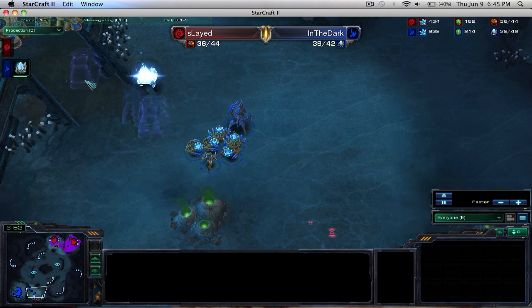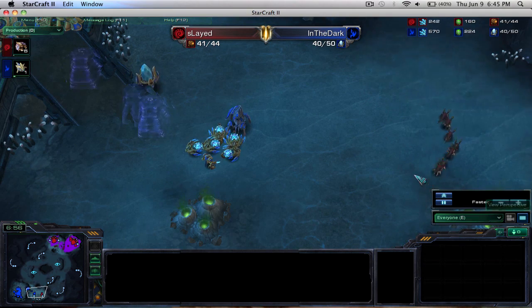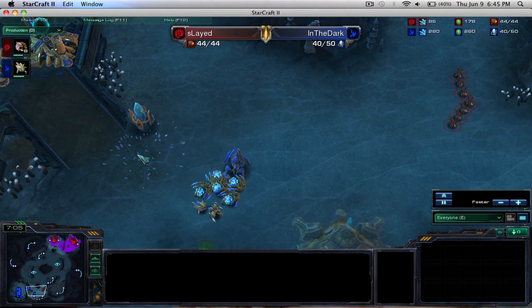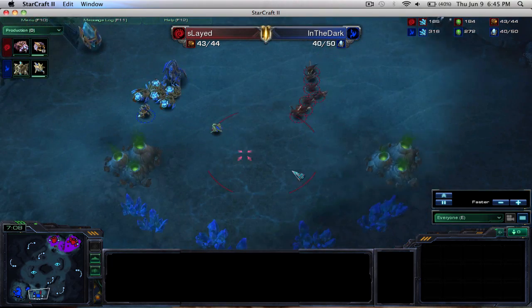We saw a force field go up right here. This is just to block off the ramp because those Zerglings could have otherwise run by into the main. I'm not sure what these two force fields were doing. Maybe just accidental misclicks. Not quite sure. At any rate, the Protoss player will be able to set up...